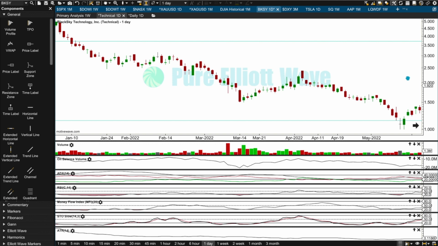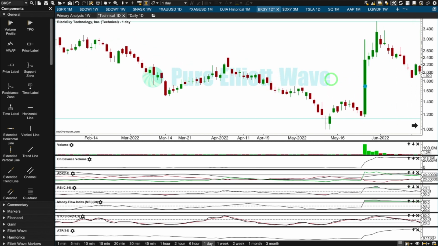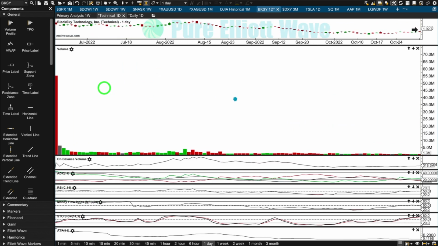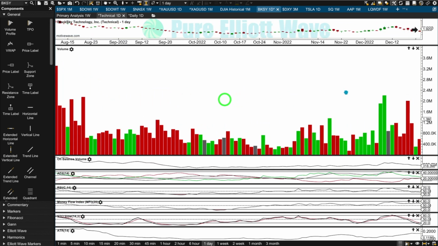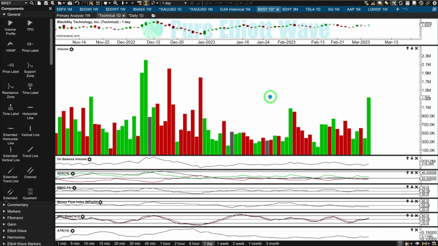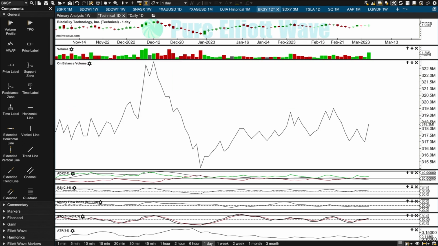On the daily chart, we also have bullish candlestick patterns, but here they lack support from volume. It's not until you get into this enormous bullish candlestick that we see strong volume. The volume profile right now, I would say bullish. You're seeing much more push from volume pushing price higher on upward sessions than you are volume pushing price lower on downward sessions. On balance volume on the daily chart, you could possibly draw some trend lines along here